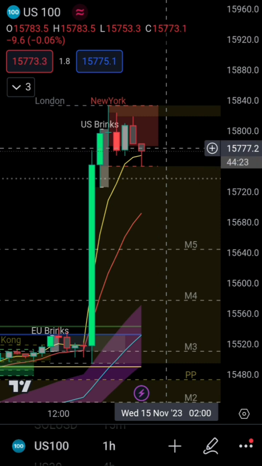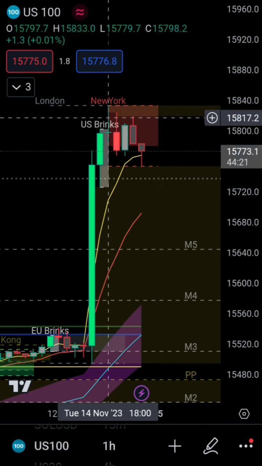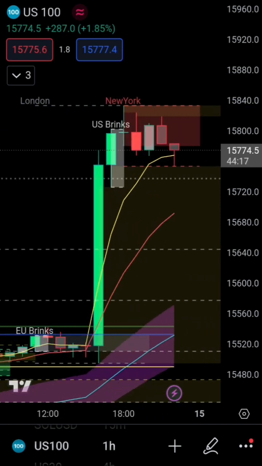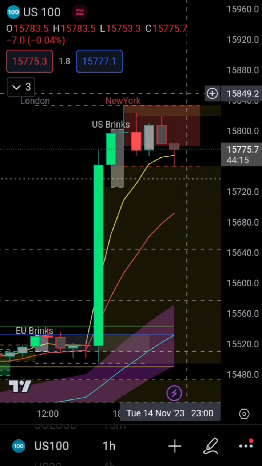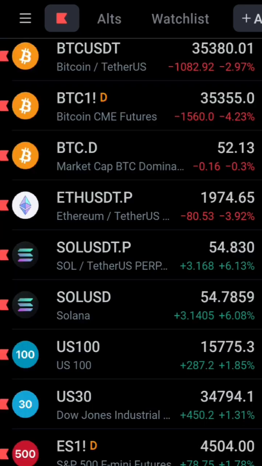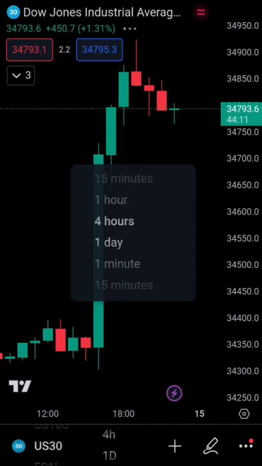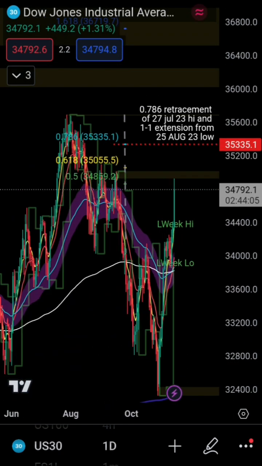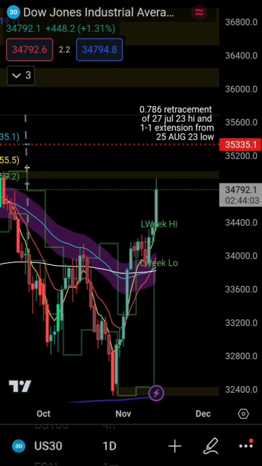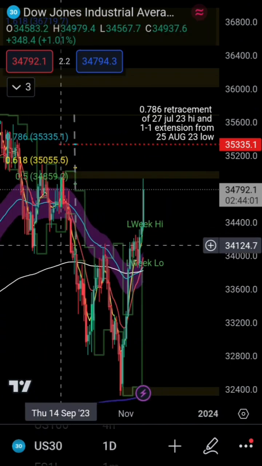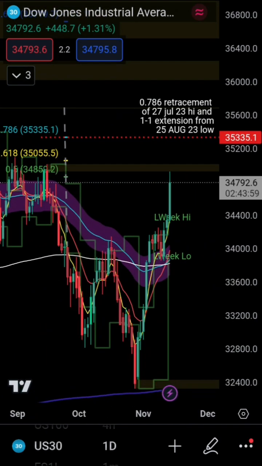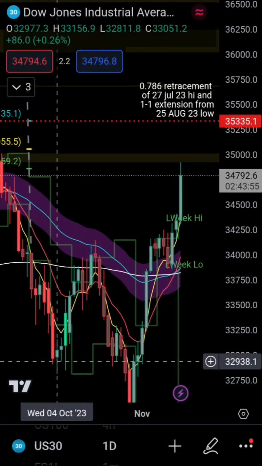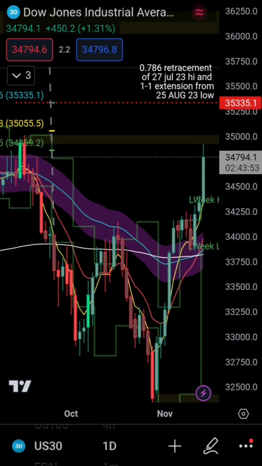The problem is, shorting the Nasdaq is really good at the moment. It's not a bad idea. Even on the hourly, you are essentially at the highs. You could put your stop above the previous high over here, and the Dow Jones is also at a high. It's making a new high, maybe since we broke down here in September. So this is a very good sign, but we could be forming a double top. It looks like an inverse head and shoulders on the daily, and we could move even higher.